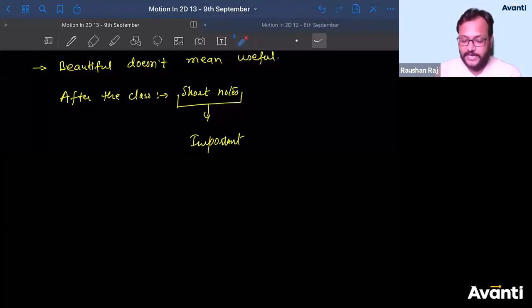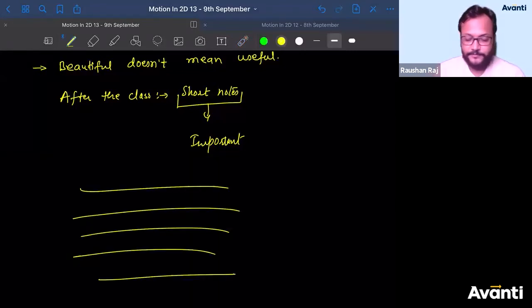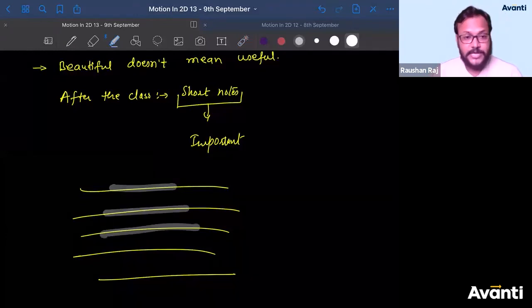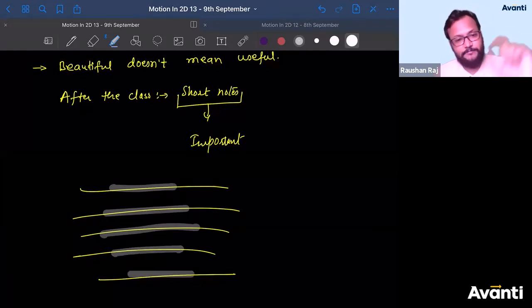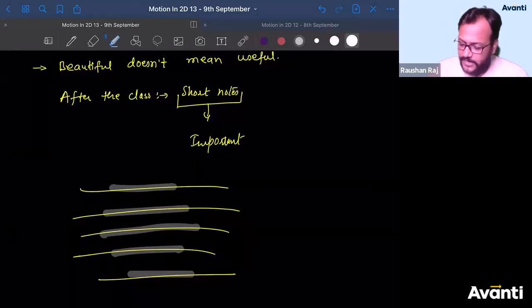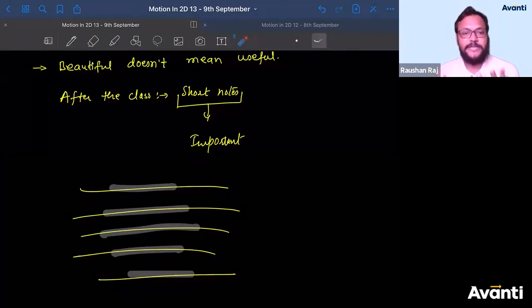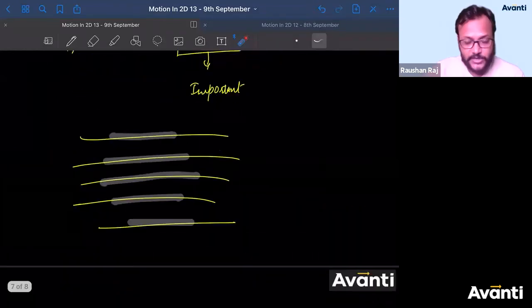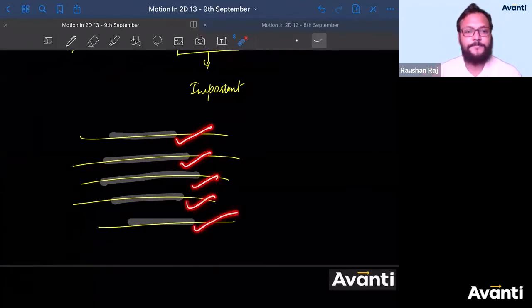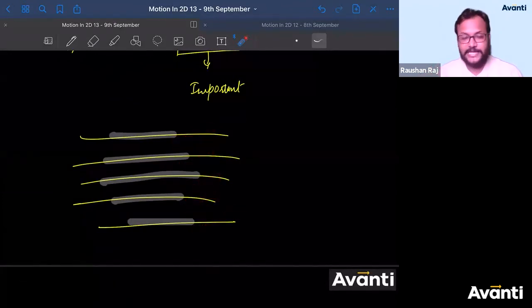I have seen some of the guys who will write blah, blah, blah, and then they'll use some highlighters. Isko highlight karo, isko highlight karo. They'll use some white marker. They'll use some highlighter, green color ka, yellow color ka, kuch aisa aise. What is the meaning of this? Each and every word in short notes is important in itself. Why do you want to make other things more important? Iska meaning kya hai? So there is nothing important. There is no need of highlighting in the short notes. This will take much of your time, and this will only confuse you.